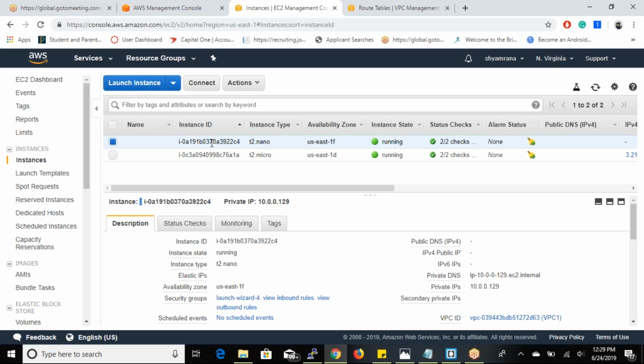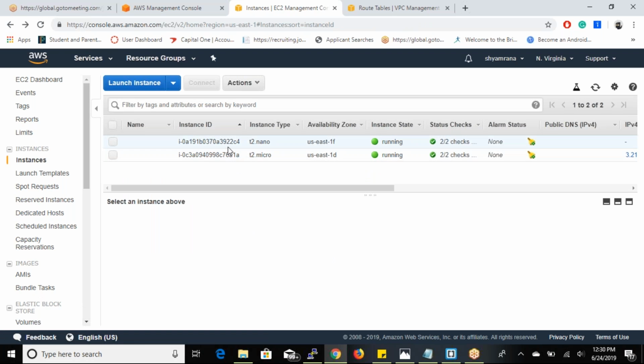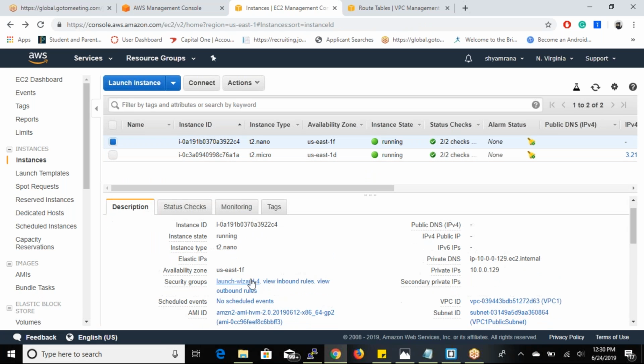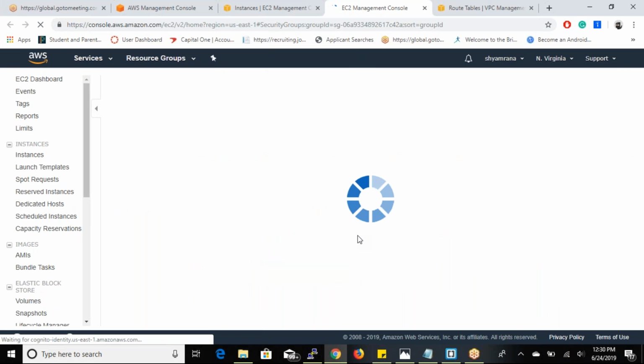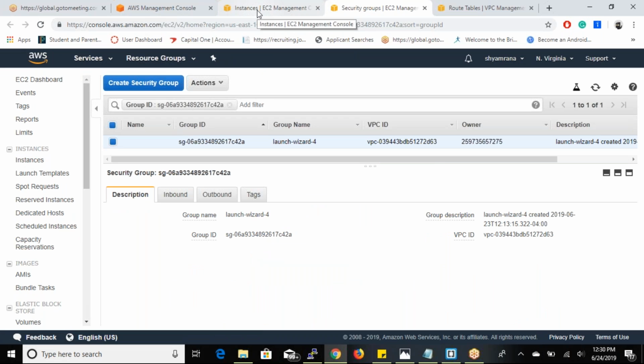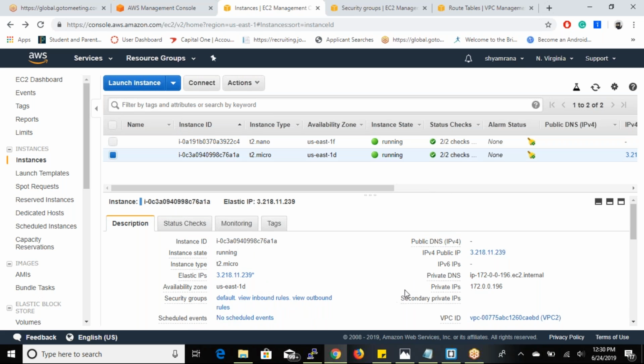Open launch wizard 4 in a new tab. That is the security group name. I told you, go back and open it in a new tab. So we can copy that IP. Copy the second instance's private IP, 172 dot